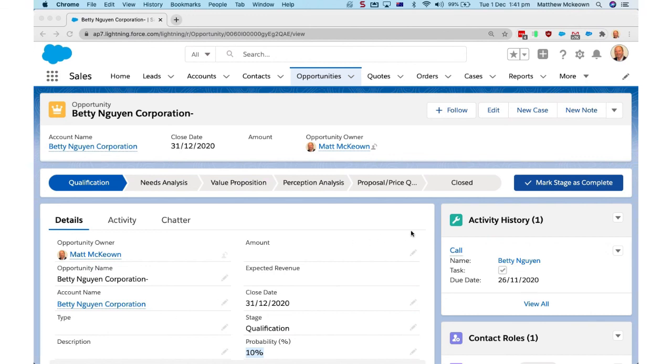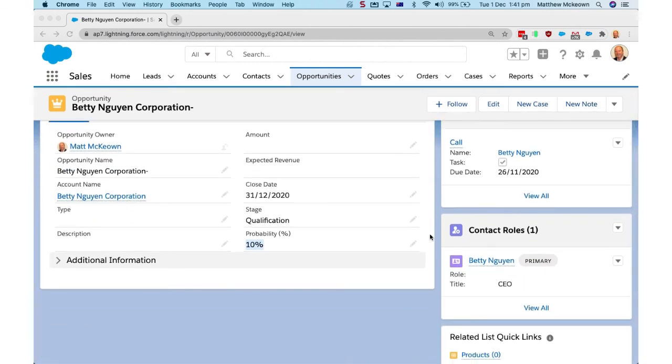Another important feature of the opportunity is the contact roles. Now, we've only had one contact who's been associated to this opportunity, but it's possible that, particularly in a household and certainly in a company, you've got 2 or 3, perhaps even more people who are somehow involved in making the sale. There may be a decision maker, there may be somebody who is an influencer, there may be an expert, there may be some advisor involved. So these people can also be added as contacts, and given a role in the opportunity,